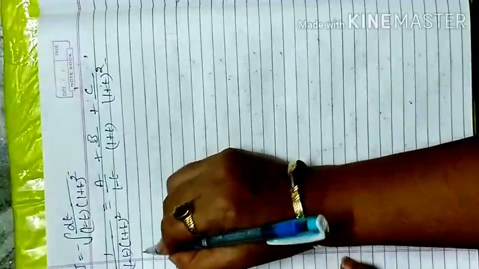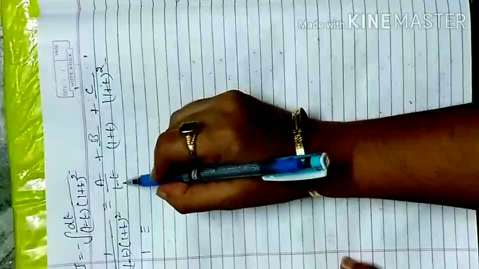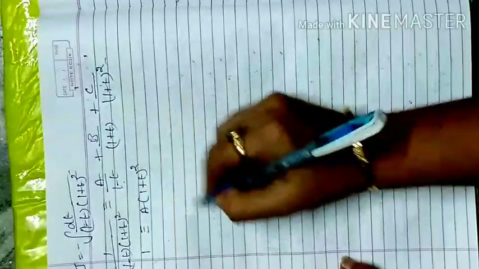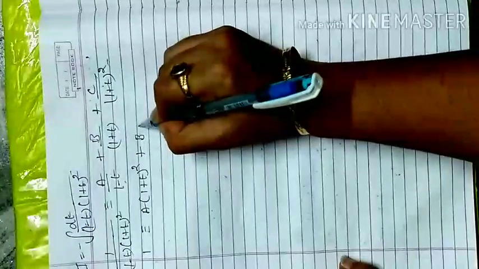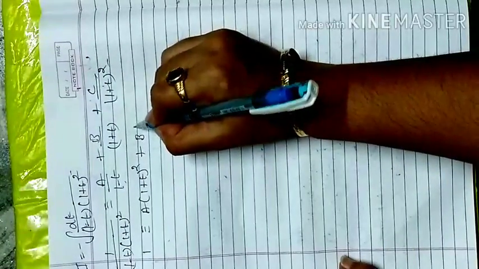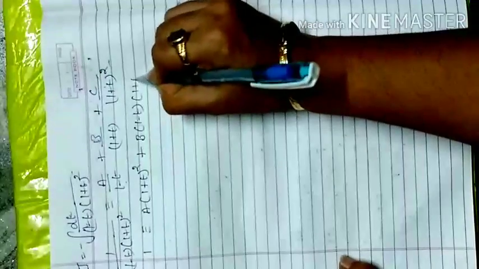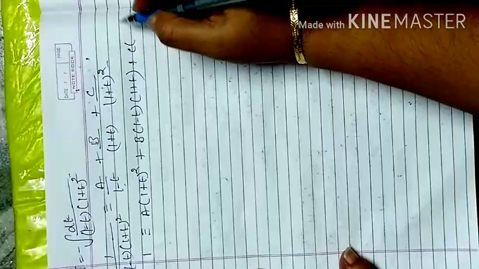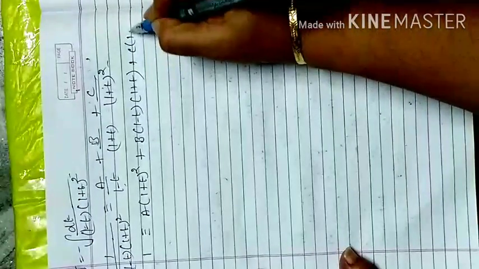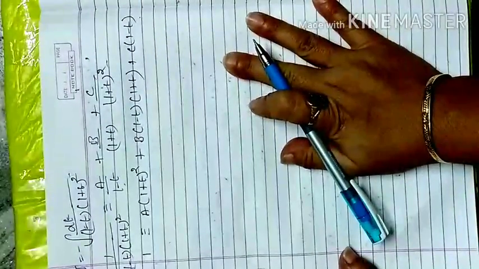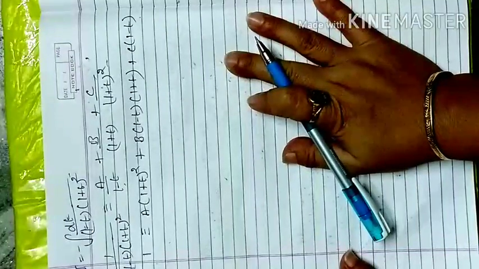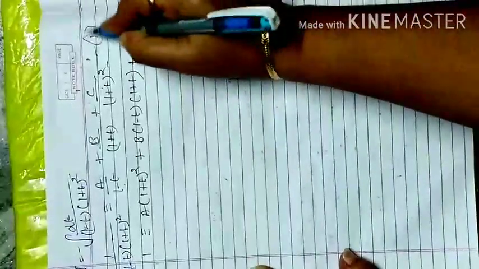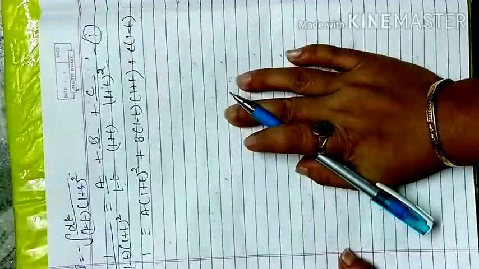Now you have to cross multiply: 1 is equivalent to, here 1 minus t is cancelled, only 1 plus t whole square is left with A, and with B the 1 plus t is cancelled, so 1 minus t and 1 plus t are left, and with C only 1 minus t is left, because the denominator 1 plus t whole square is cancelled when you cross multiply. Now the next target is to find the A, B, C values. After finding them, I substitute here in my first equation and go further for the integration.